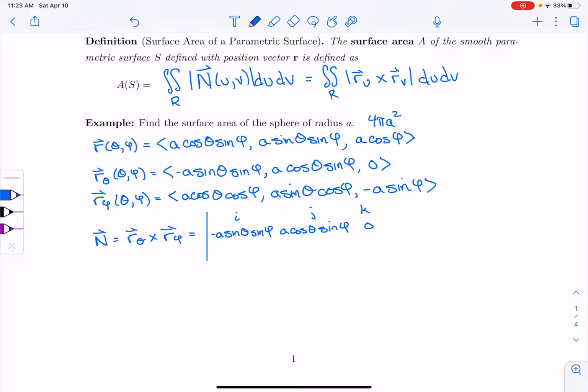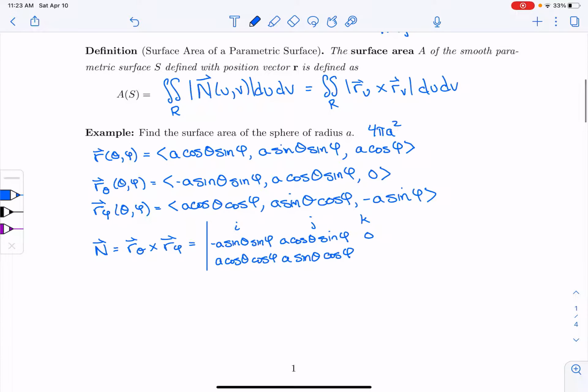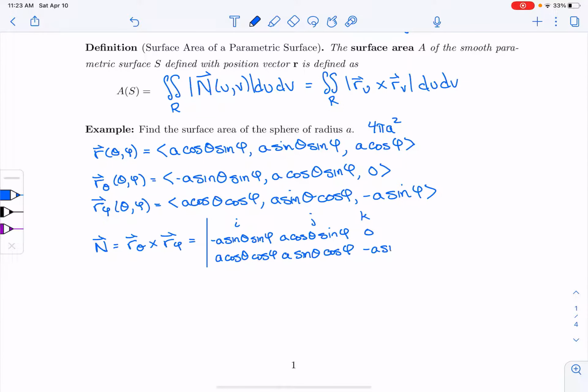And then I'm going to have r phi, which is a cosine theta cosine phi, a sine theta cosine phi, and then minus a sine phi. So I need to find that cross product. I'm not going to go through every detail, but essentially that's going to be